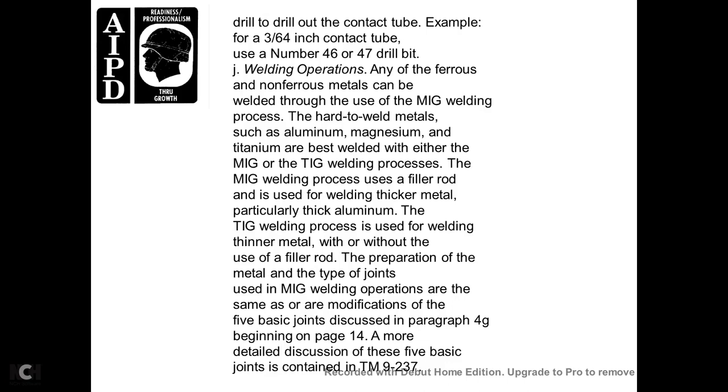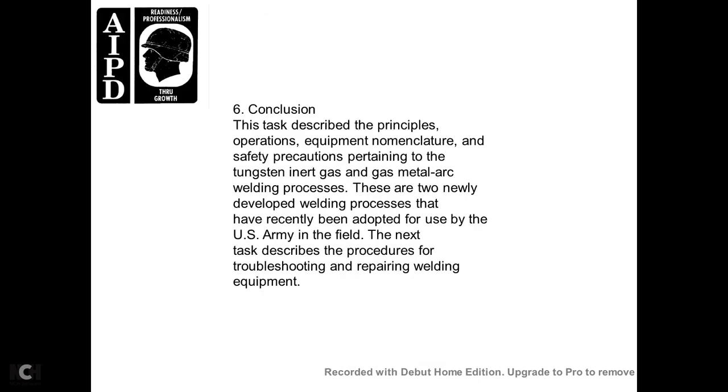Penetration of the metal and the types of joints used for the MIG welding operation are the same as the modification of the 5 basic joints discussed in paragraph 4G, beginning on page 14. A more detailed discussion of the 5 basic joints is contained in Technical Manual 9237. Conclusion. The tasks described the principles of operation, equipment and nomenclature, and safety precautions pertaining to the tungsten